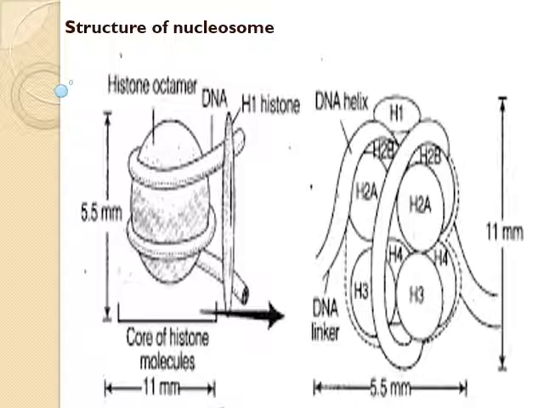Let's see the differences between euchromatin and heterochromatin. First, we will see euchromatin. Here, chromatin is loosely packed and stains light. And actually, this one is very active. Next is heterochromatin. Here, chromatin is densely packed and dark stained. Actually, this one is inactive.